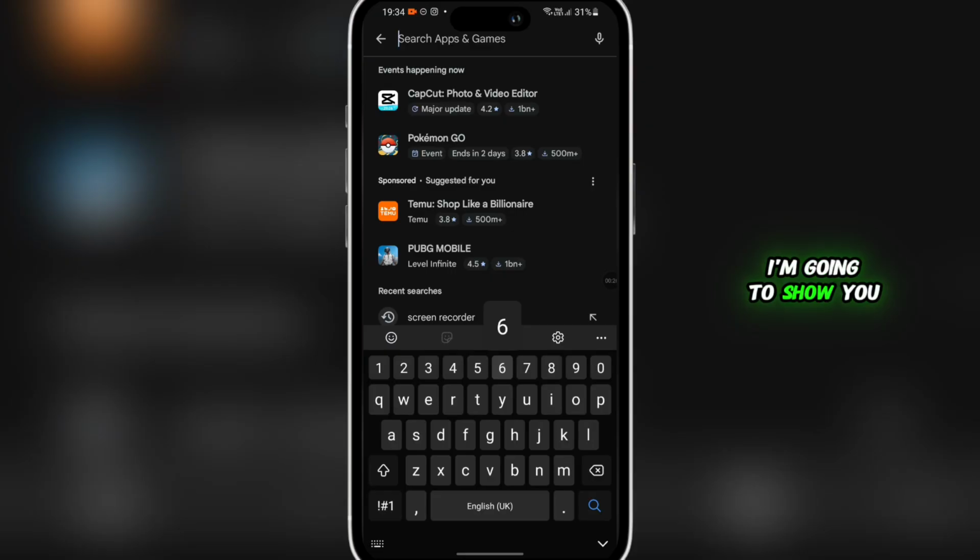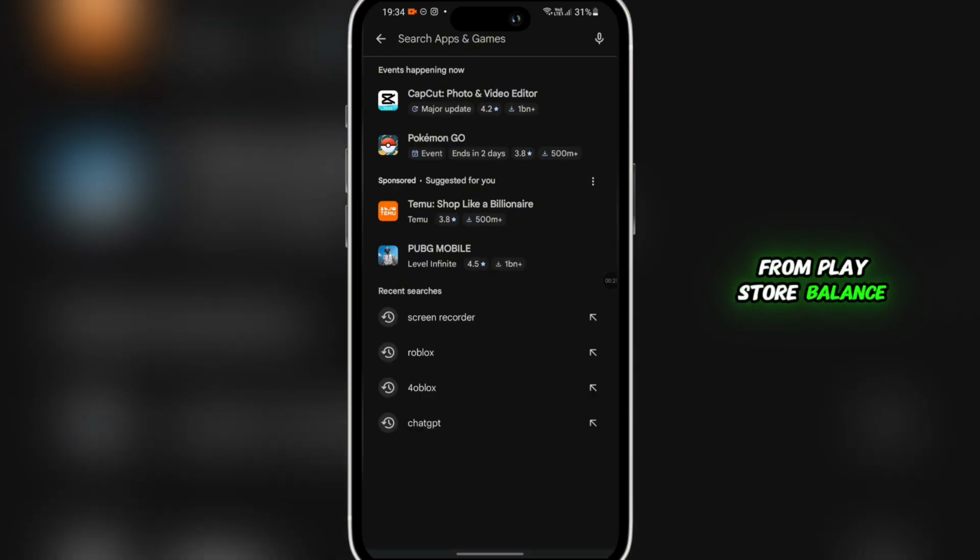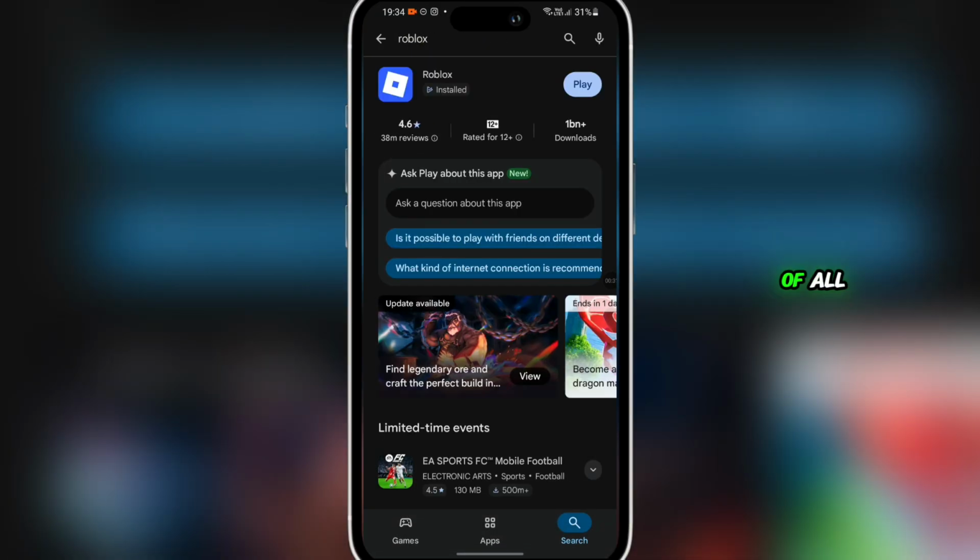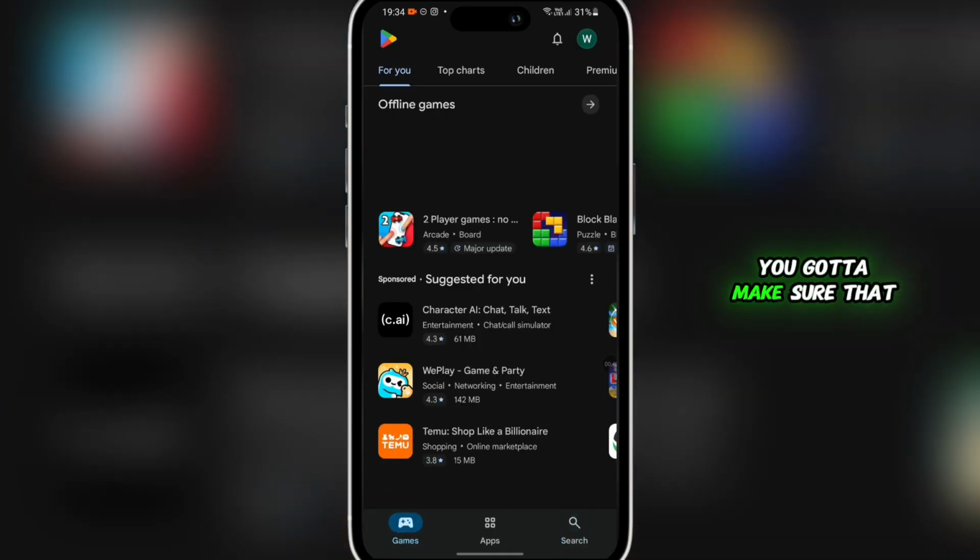In this video, I'm going to show you how you can buy Robux from Play Store balance. So let's get started. First of all, make sure that you have downloaded the Roblox application on your mobile device. So simply click on install, and once it's installed, you have to make sure that you have